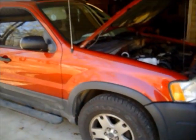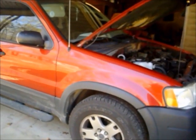Now, one problem with this 2003 Ford Escape that I notice a lot of people are having on high mileage Ford Escapes is this one. Like I said, we bought it new. We always took good care of it, but